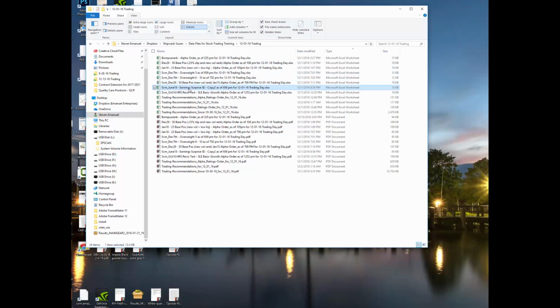So then we have earnings surprise. Then we have growth. That's the key term right here, growth. And that's it. So let's just count them. That's 1, 2, 3, 4, 5, 6, 7, 8. That's the correct number. So every day, putting aside the trading recommendation reports that we're going to work on in a